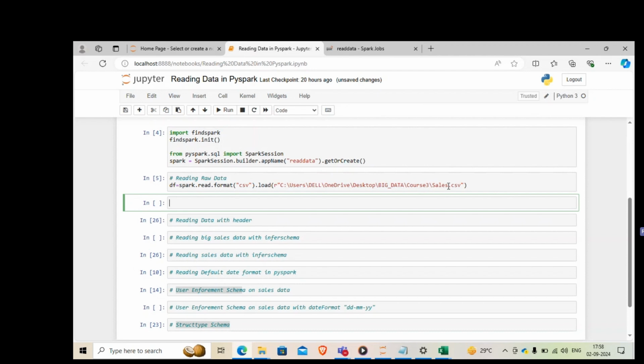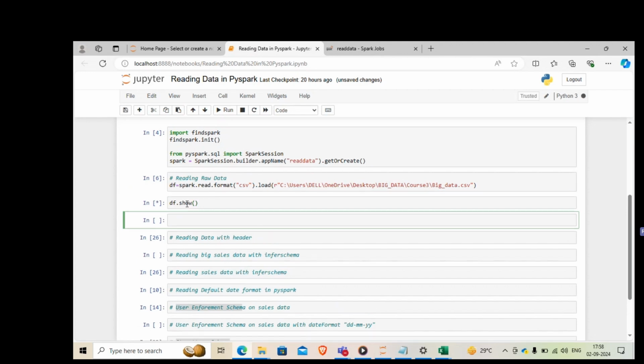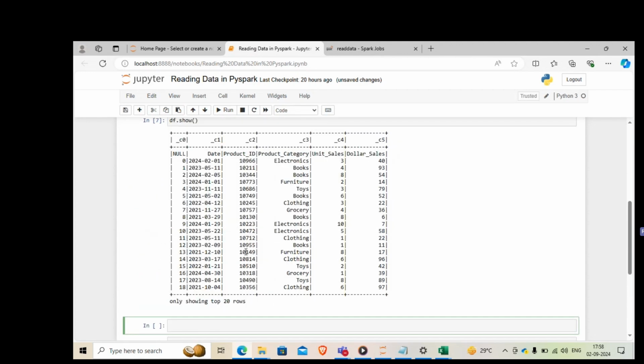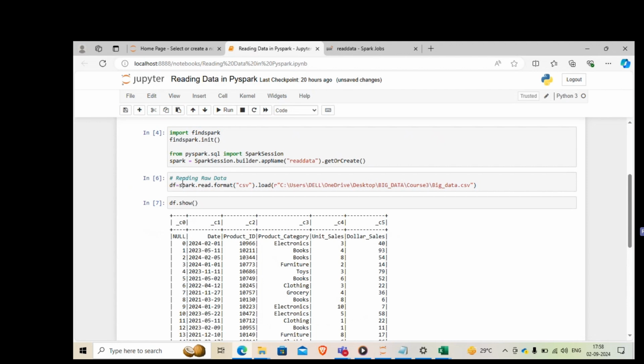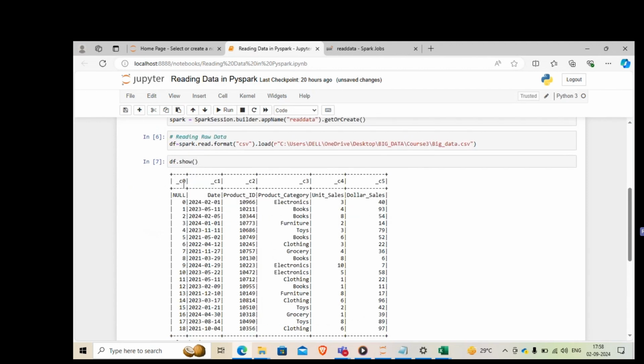Okay. We have read the data here, but I'll go with the big one. It read instantly. Now I'll do df.show. That's 3 GB of data, and the interesting thing is how quickly it gets read. If you read it this way, this is reading the raw data file, and if you see the header, PySpark has decided C0, C1, C2, C3, and so on. And the actual header we had in the data set was null,